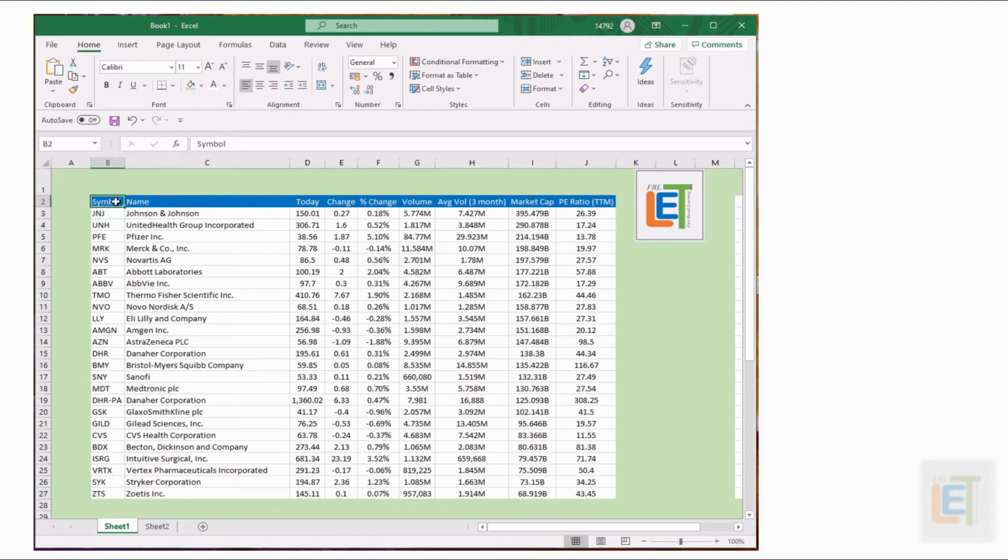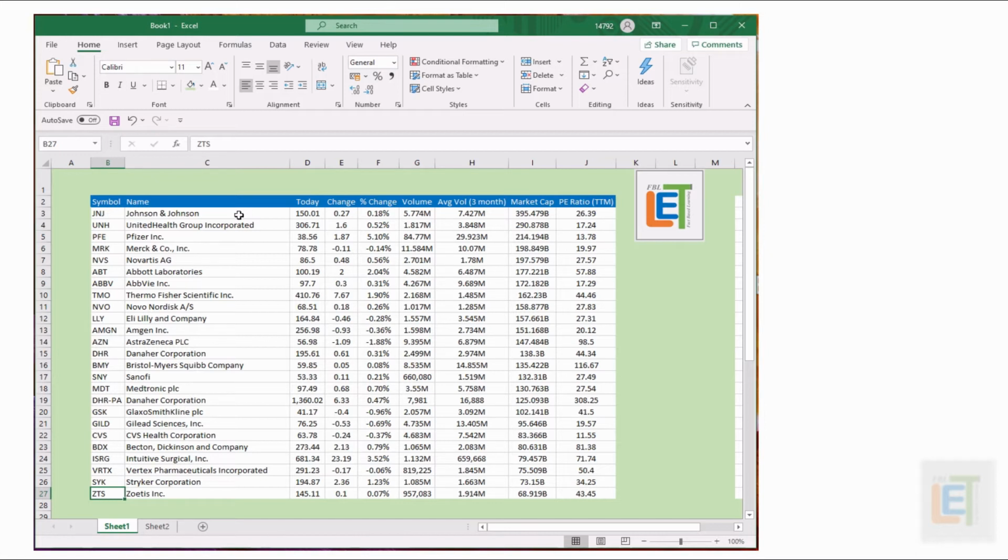But when you press the down arrow while holding the Control key, as you can see, the cell jumped from this particular location to this location. So when I have my cursor here and press Control and down, it can straight away come to the end of the data available.